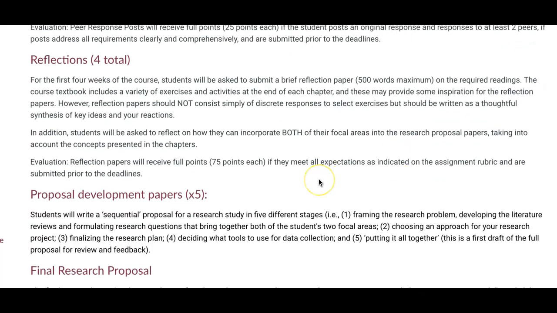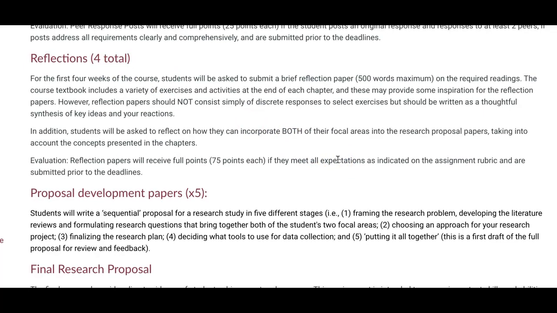In the first 4 weeks of the course, so for a total of 4 reflections, you're going to be asked to submit a brief reflection paper, about 500 words on the required readings. So a word about the reflections is that within the course textbooks, there's a variety of exercises and activities that appear at the end of each chapter. So these questions, exercises and activities are intended to provide some inspiration for the reflection papers,